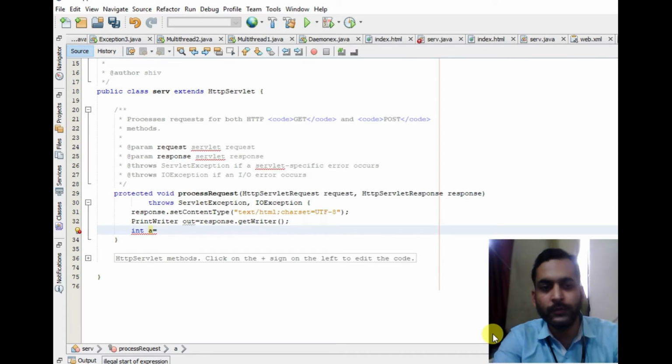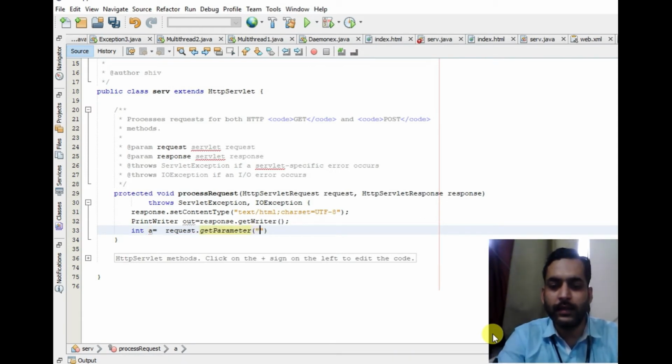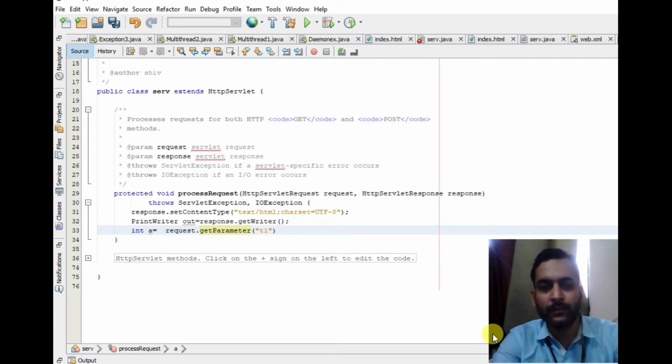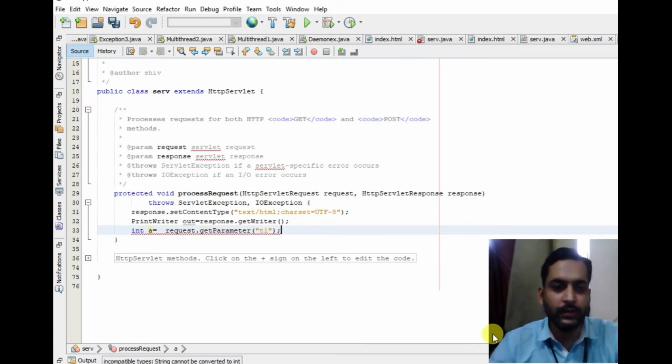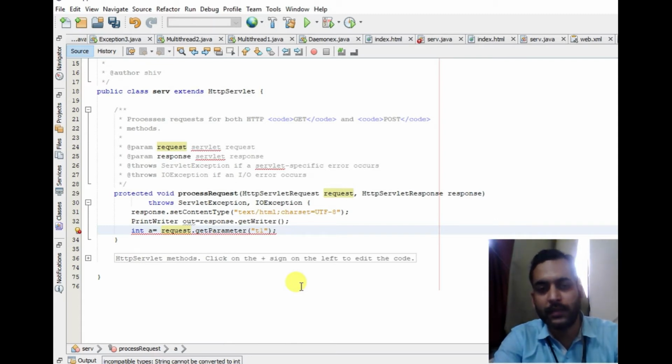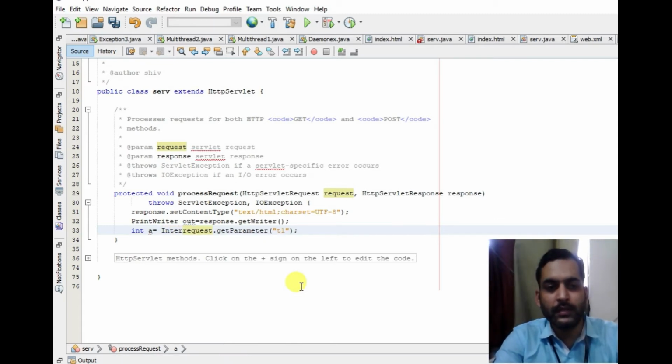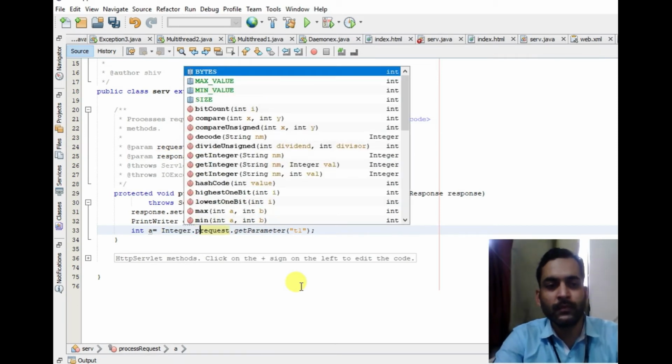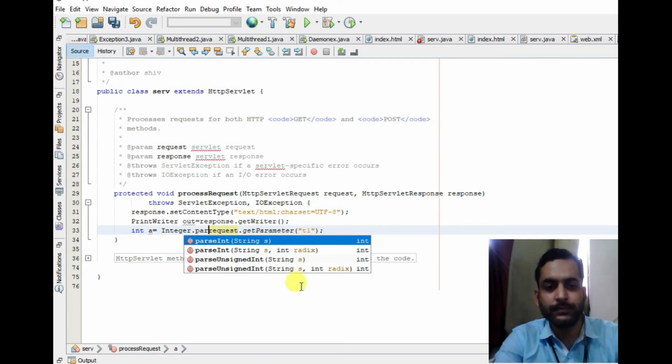int a is equal to request.getParameter, and the name of the first text box was t1. As I have already told you, request.getParameter returns a string type value, so I need to typecast it to integer. We can typecast the string to integer using the Integer.parseInt method.